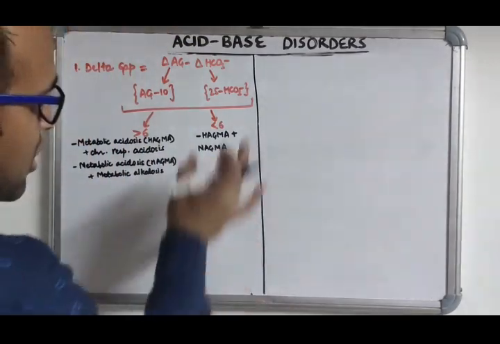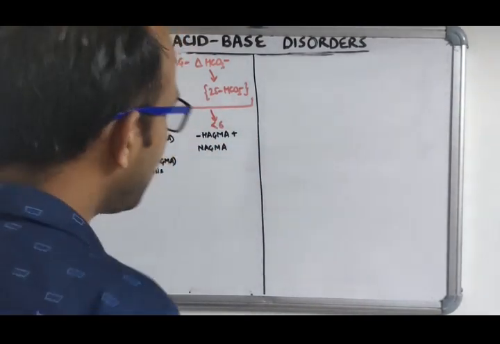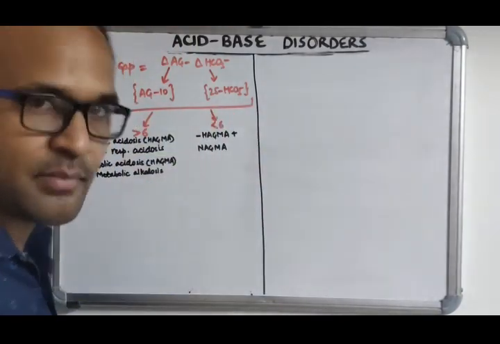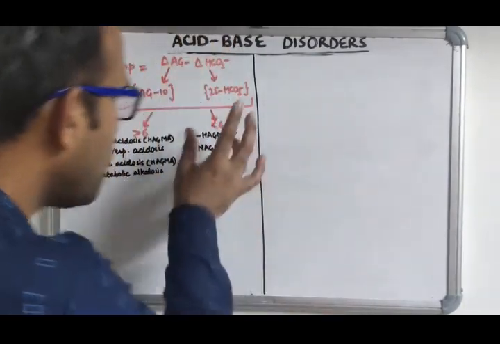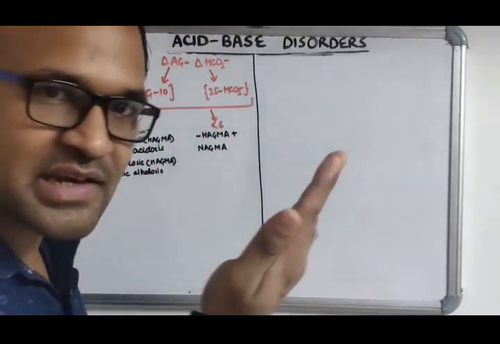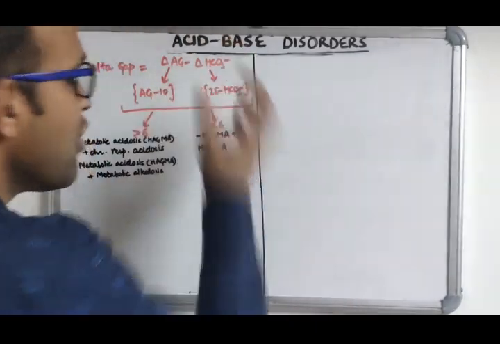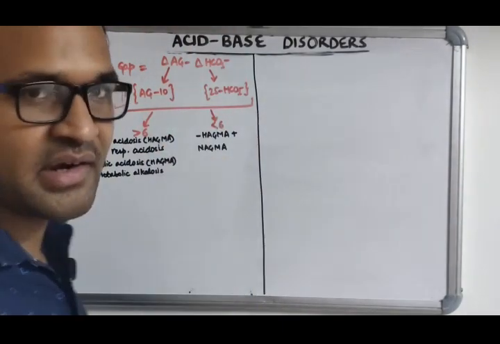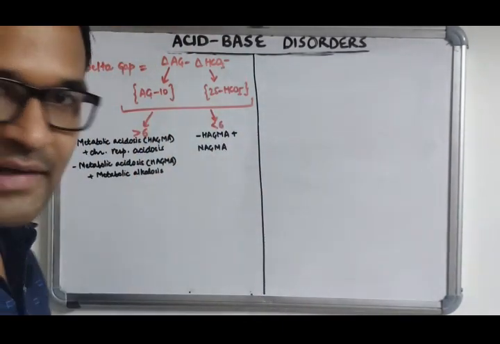Very easy to understand, because in each of these conditions there is fall in bicarbonate, but the rise in anion gap occurs only in HAGMA. Okay, so both conditions causing fall in bicarbonate, only one condition causing increase in anion gap, so the apparent increase in anion gap will be less than the fall in bicarbonate, so this ratio becomes negative. Okay, less than 6. So this is the importance of delta gap.